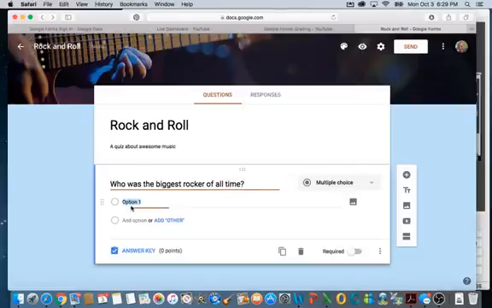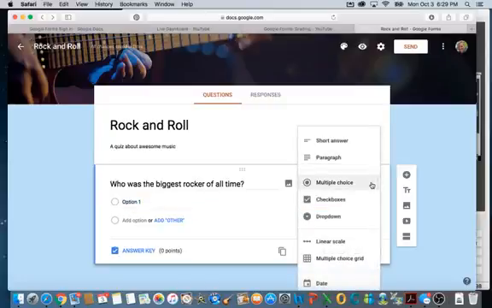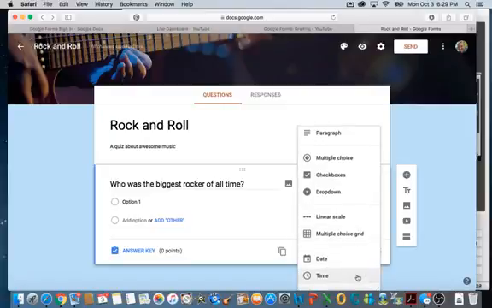Okay, so you can do multiple choice. This is what it's set on right now, but you have other ways that you can put it. You can do a short answer, paragraph style, multiple choice, check boxes, drop down menus, linear scales, grids, date and time, and then